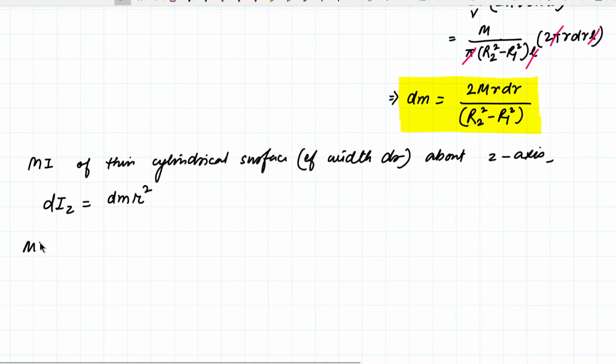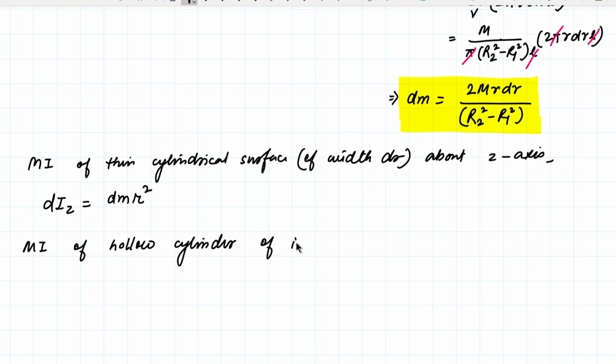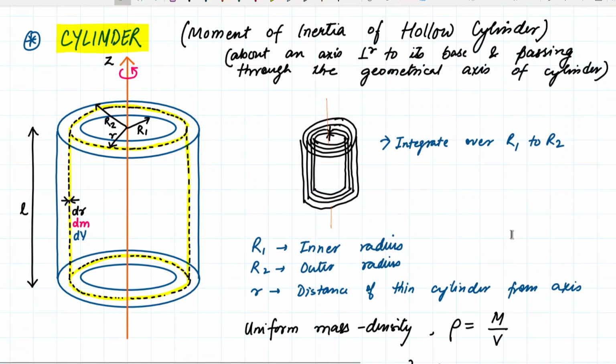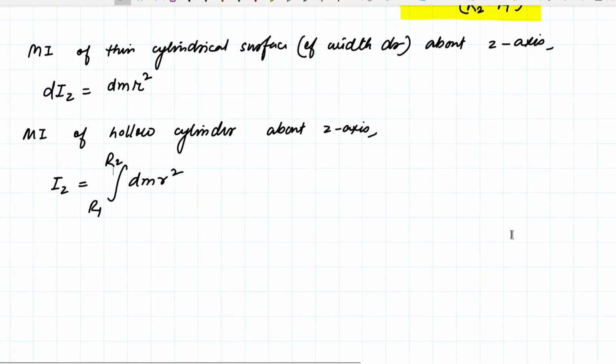So moment of inertia of a hollow cylinder about the z-axis is therefore equal to Iz is equal to integration of dm r square from r1 to r2. यहाँ तक क्लियर है? Yes, sir. यहाँ तक सबको क्लियर है ना? All right. So now the next challenge is